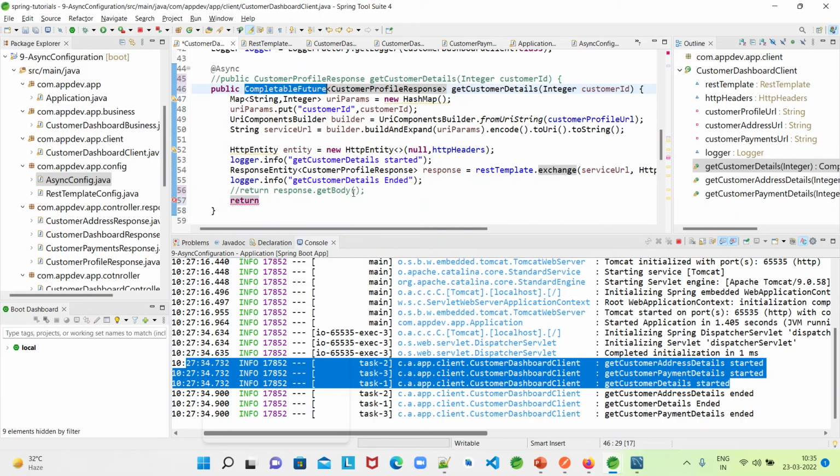Yeah, once the response is received, we have to use CompletableFuture.completedFuture. To this we have to give the response.getBody(), and I am going to return this. Okay,